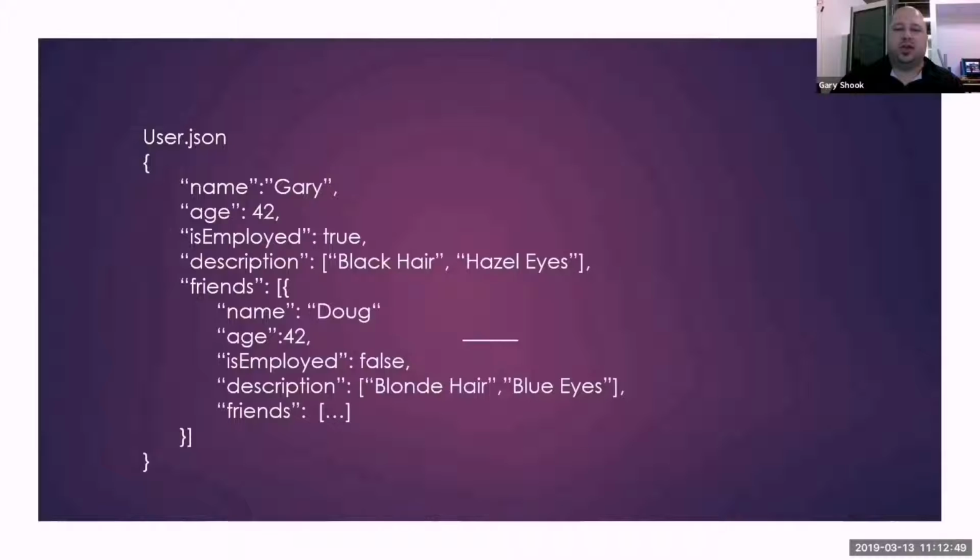If we wanted to use a boolean, we use a comma. And then another property we would use is employed. As our key, put a colon, then we would put either true or false with no quotes around it to signify that this is a boolean and not a string. We would put true or false depending on if that user is or was employed or not. We could then go down and use description in double quotes, colon, and then to create